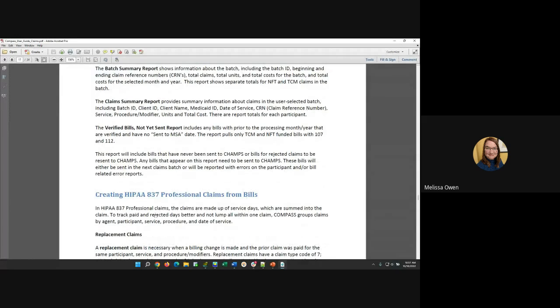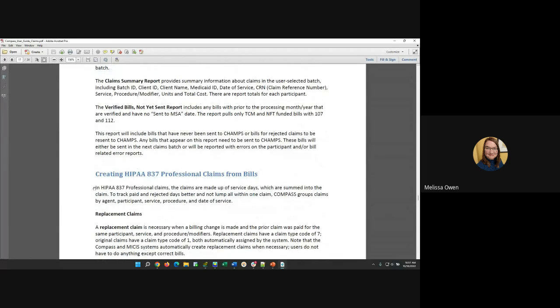So then what happens after that is CIM picks up the ball after you've created the batch, and we create the HIPAA 837 professional claim file from it. It's automated, but we do manually look at each claim and run one check against it right now. In that we check to make sure that the ICD-10 code is valid for the dates of service, because of the situation where